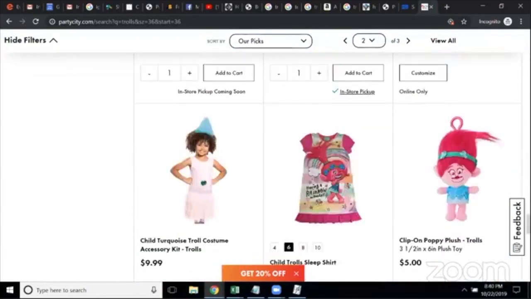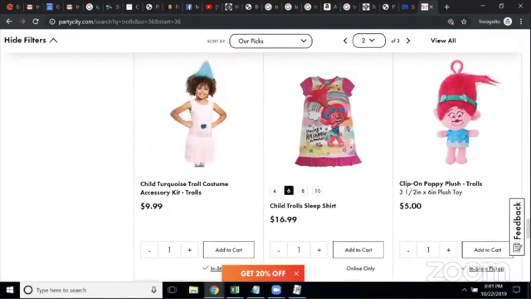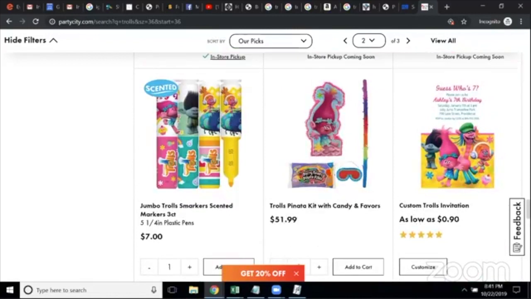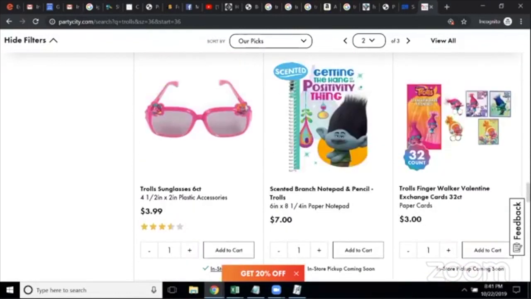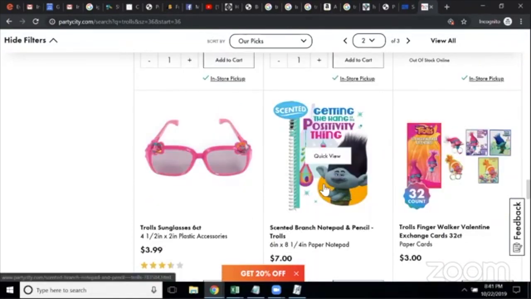Now you can buy the Valentine's Day cards for $1, just so you know. So scented markers. I don't know. They have this notepad, so let's see if we can find. This is branch. That's too much. That's $7. Not doing that at all,